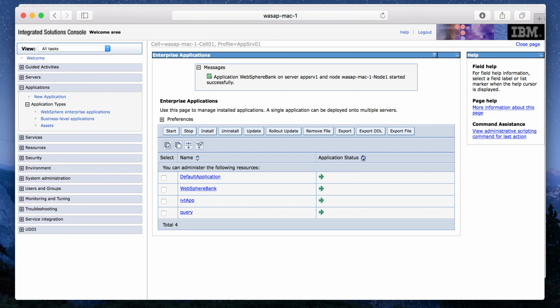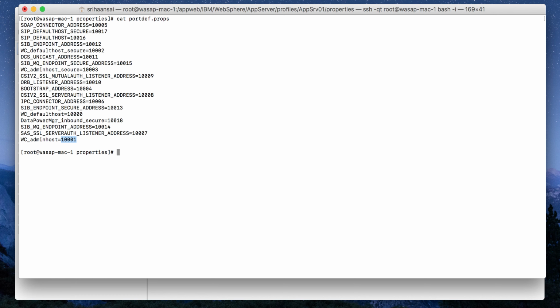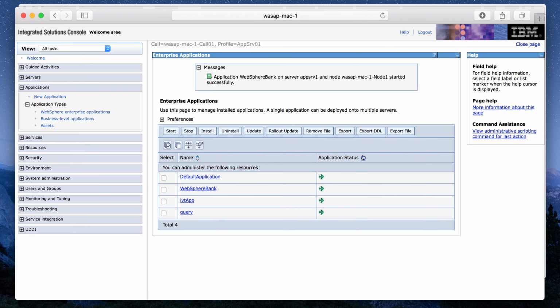To launch the application using the WebSphere application server port itself, we need to find out the default host port number. So go to the terminal and look at the same file, portdef.props. Look into this file and find out the default host port number, wc_defaulthost. The port number is 10000. Once you find that port number, another thing you will need to find out is the context root. So you need to check the context root of this application. To check that,